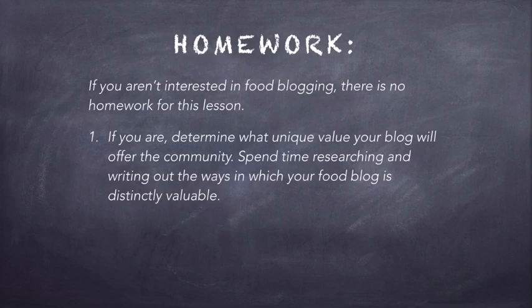If you can find a unique voice and combine that with the photography skills you've learned in this course, that's the winning recipe. So the most important first step is to understand how you're going to add unique value to the food blogging community. So that's your homework if you're interested, is to take the time to figure out and then write down how your blog will be distinct and different and how it will provide